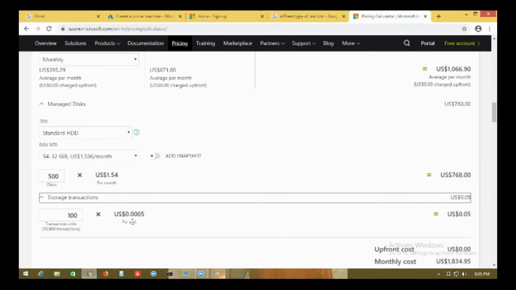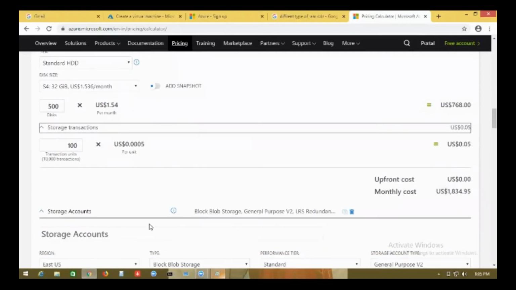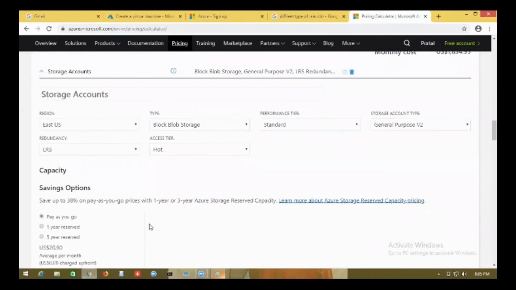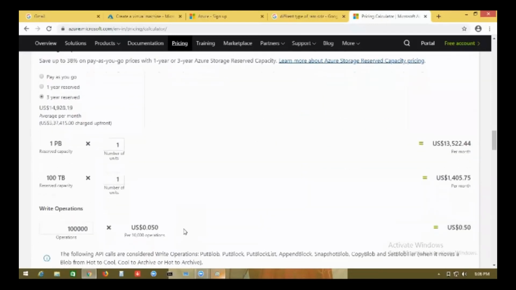So this is the calculation you make here, and then you can say that I also want storage. It should also be 3 years pricing, and then you can define what capacity I want. I say that I want 1 petabyte.